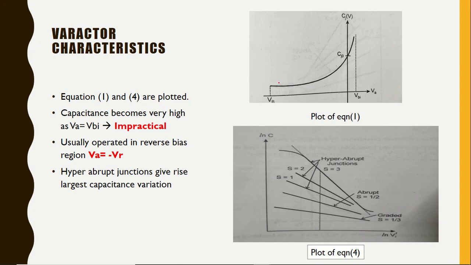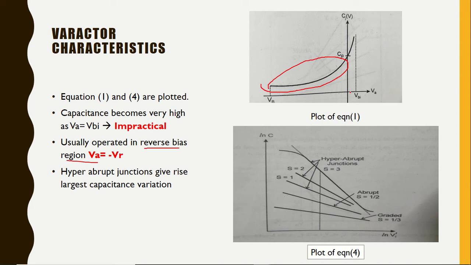So if you see here, this is a reverse bias characteristic. Actually, we cannot operate the varactor diode in forward bias because that will not give us the negative resistance property. We operate the varactor diode in the negative resistance region, which is called the reverse bias region. That is why we have the scale in a reverse value here. So we will make the voltage variation from here to here and observe the corresponding capacitance variation.